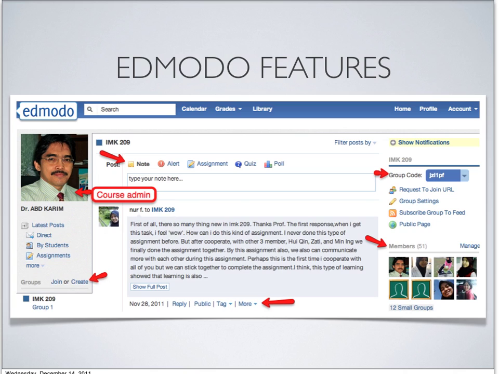And you can also filter posts. So if you click the down arrow here, you can filter posts by various categories which you will create. Because as you create more and more posts, and when the students send more and more messages and posts in Edmodo, it will build up and pile up. So you must tag the post so that you can categorize it into appropriate categories.